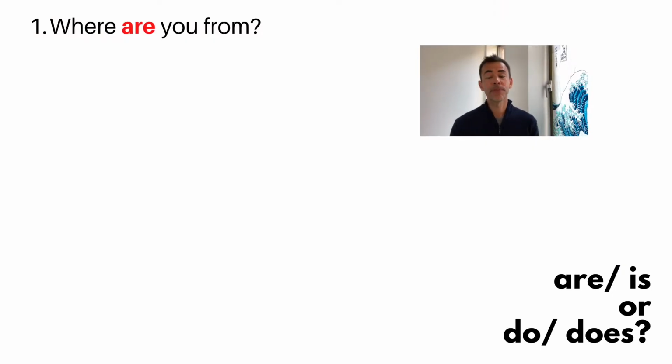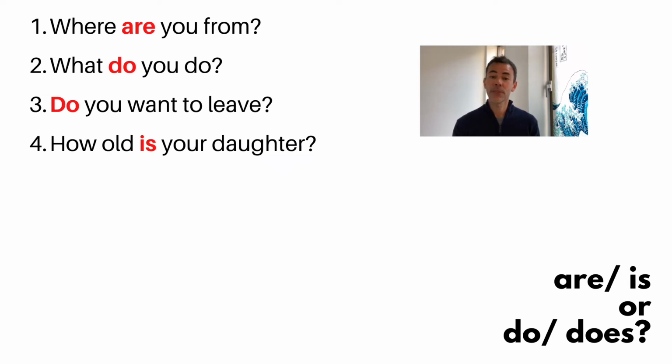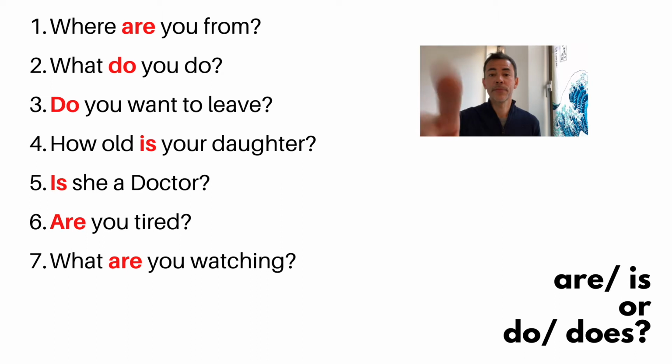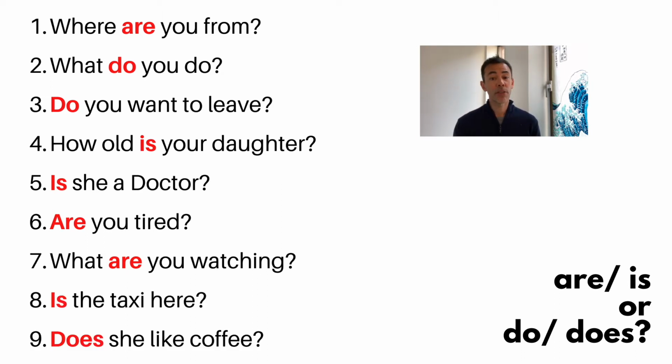Where are you from? What do you do? Do you want to leave? How old is your daughter? Is she a doctor? Are you tired? What are you watching? Is the taxi here? Does she like coffee? Now let's go through those answers and let's isolate the ones that use the verb do